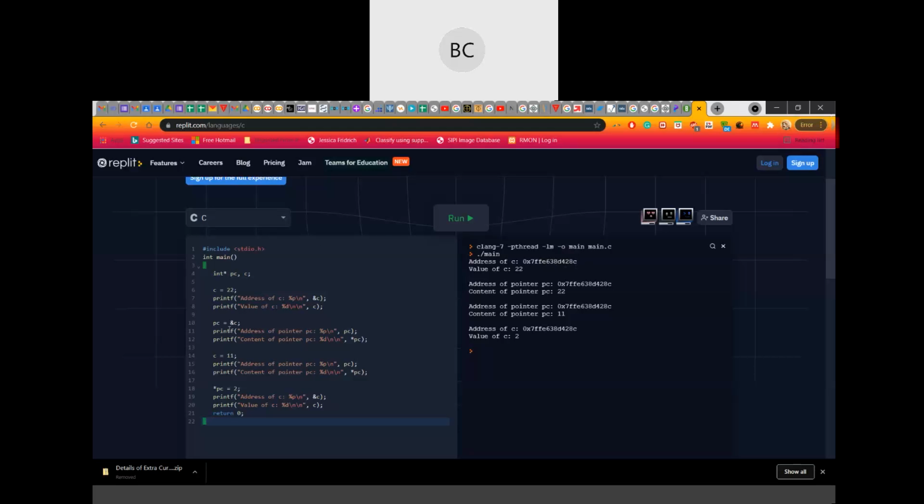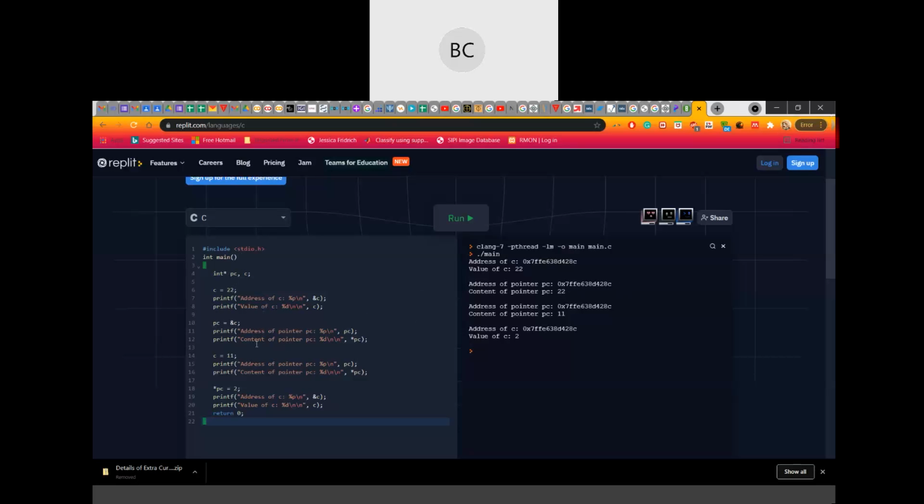Okay. Now for the pointer PC, I have just stored the address of C here. Okay. So now if you want to print the address of the pointer PC, PC is the pointer variable, then it is giving you this address. Okay.